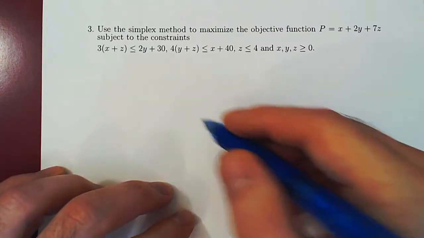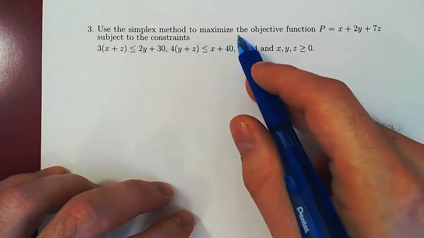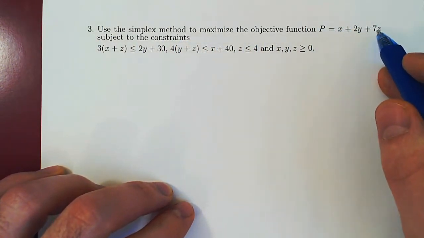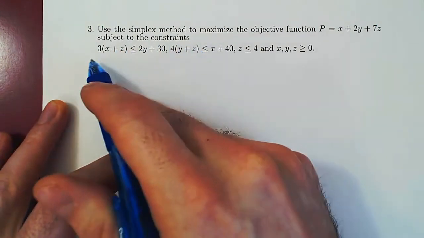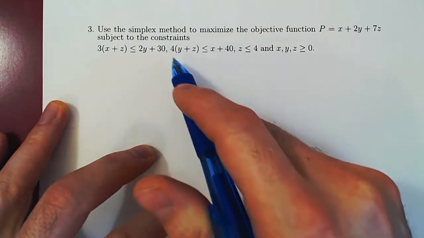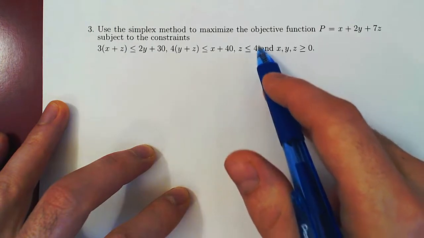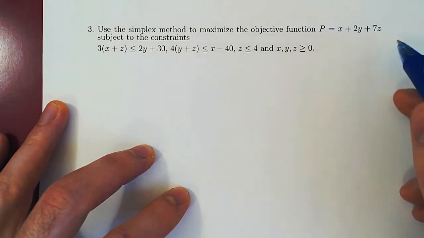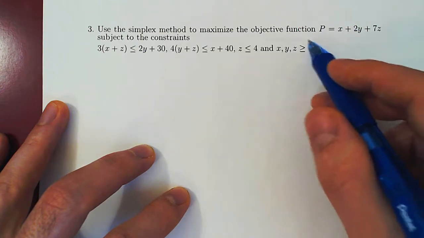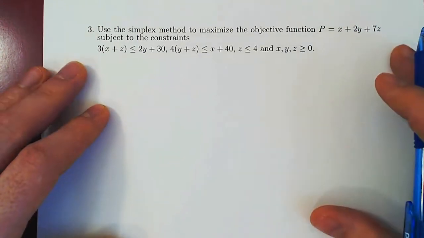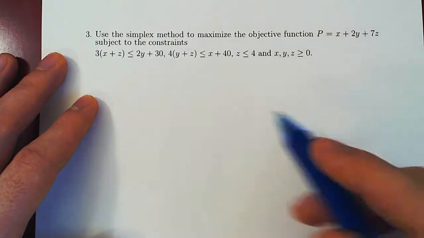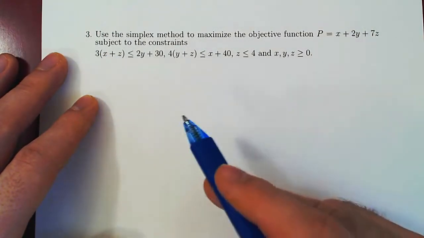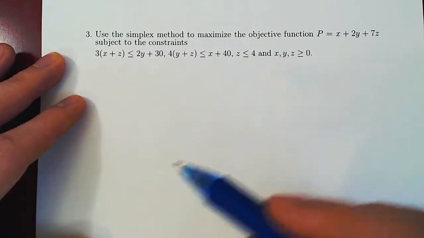Okay, so in this video, we will use the simplex method to maximize the objective function p equals x plus 2y plus 7z, subject to the constraints, the first one, second one, and here we have a third constraint, z being at most 4, and as always, all of the variables, in our case x, y, and z, must be non-negative. So the first step, as always, is to convert the inequalities back into equalities with the help of slack